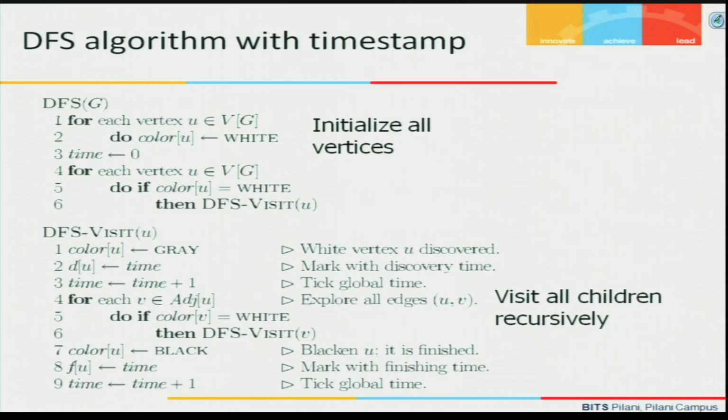Once you initialize this, you start traversing the graph in a depth first manner. As you go through the DFS traversal, we update the timestamps at each vertex and also update whether the vertex has